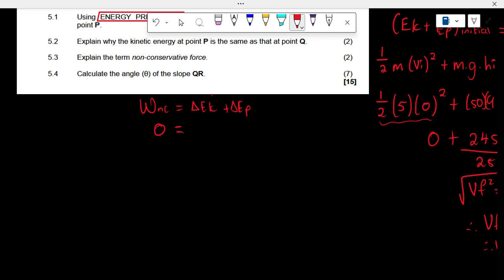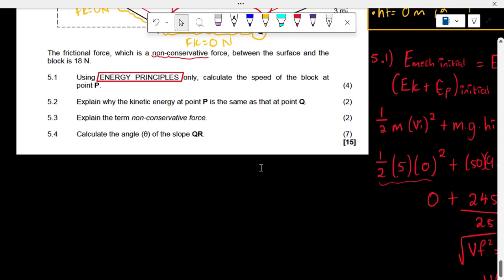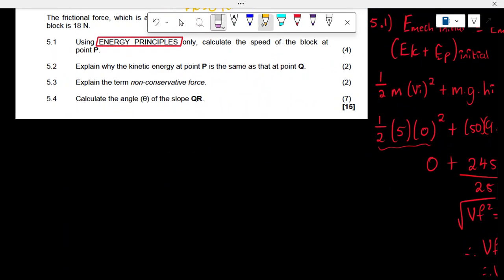And then from here, you can then solve and get the value for your height. I believe you should get to the same answer. You can also attempt that on your side and then post your answer on the comment section if it's different, perhaps for some reason. Okay, so 5.2, they say to us, explain why the kinetic energy at P is the